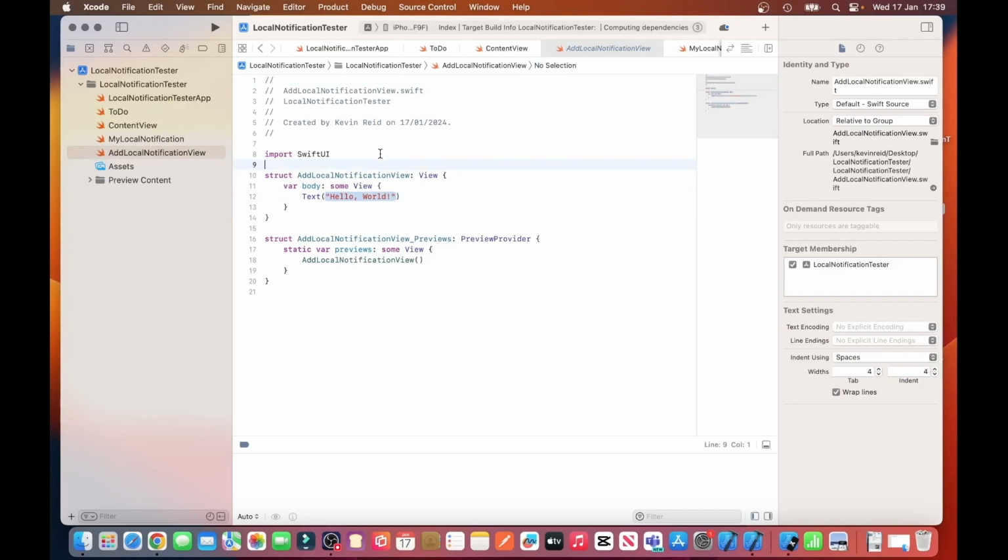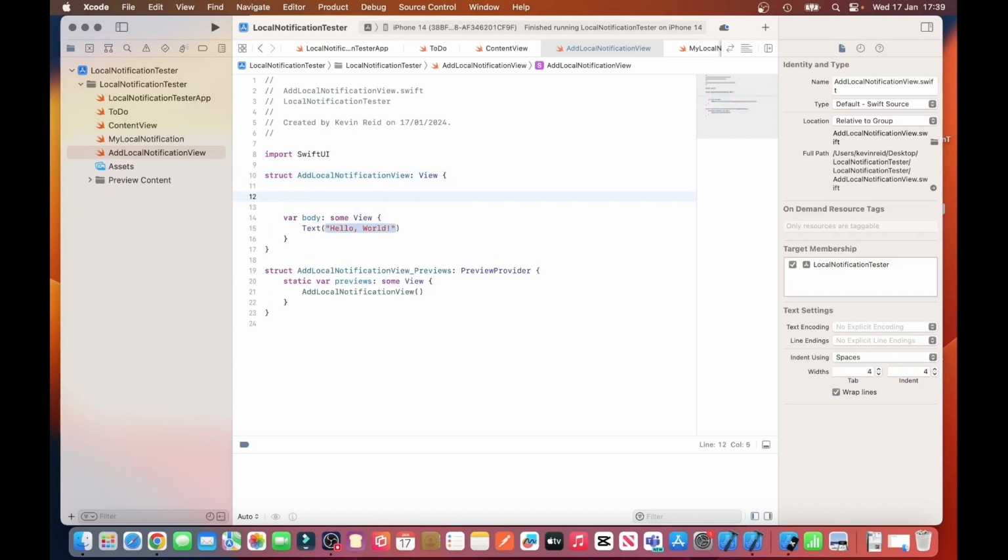And now we need to create a few @State variables. After line 10, enter the following: